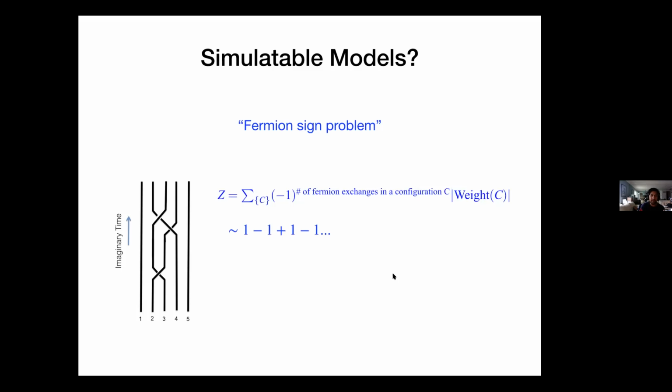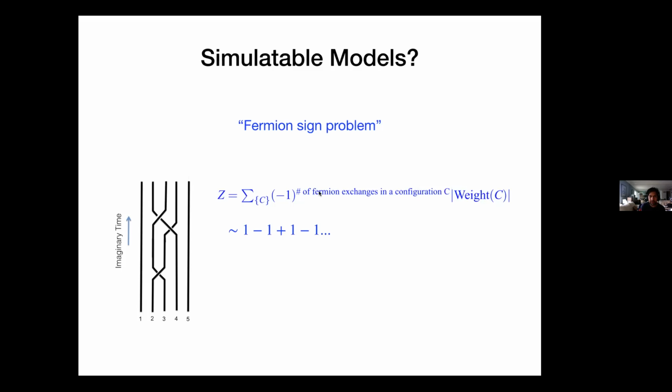Generally, you might have heard of this introduction to the fermion sign problem: the partition function looks like a sum of bosonic weights, the modulus of the weight, times some fermionic exchange sign, summed over all configurations with some boundary. Like if you think of world lines, you have to come back to the same place. If you think of identical particles, it's a periodic boundary condition, but there is an exchange of the world lines, which is allowed because they're identical particles,